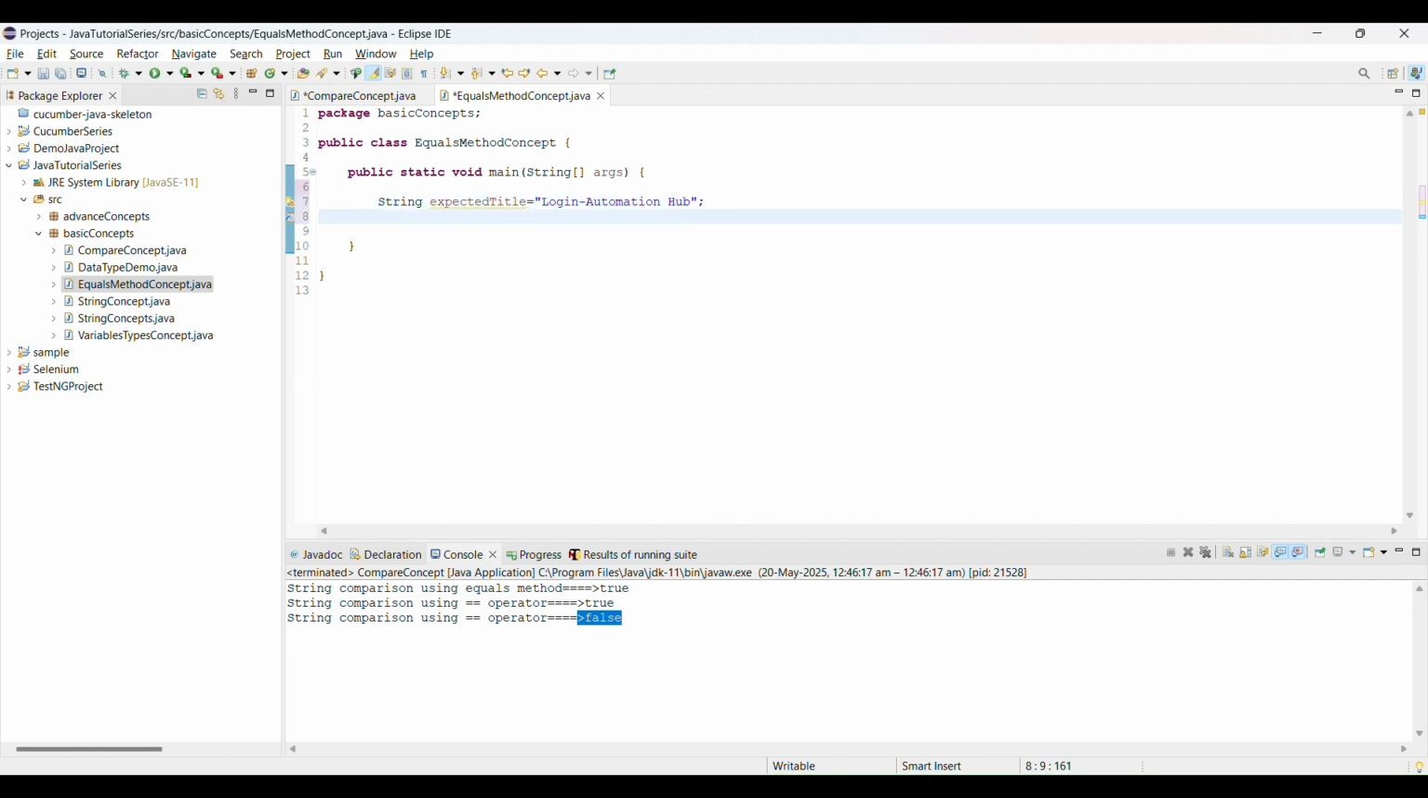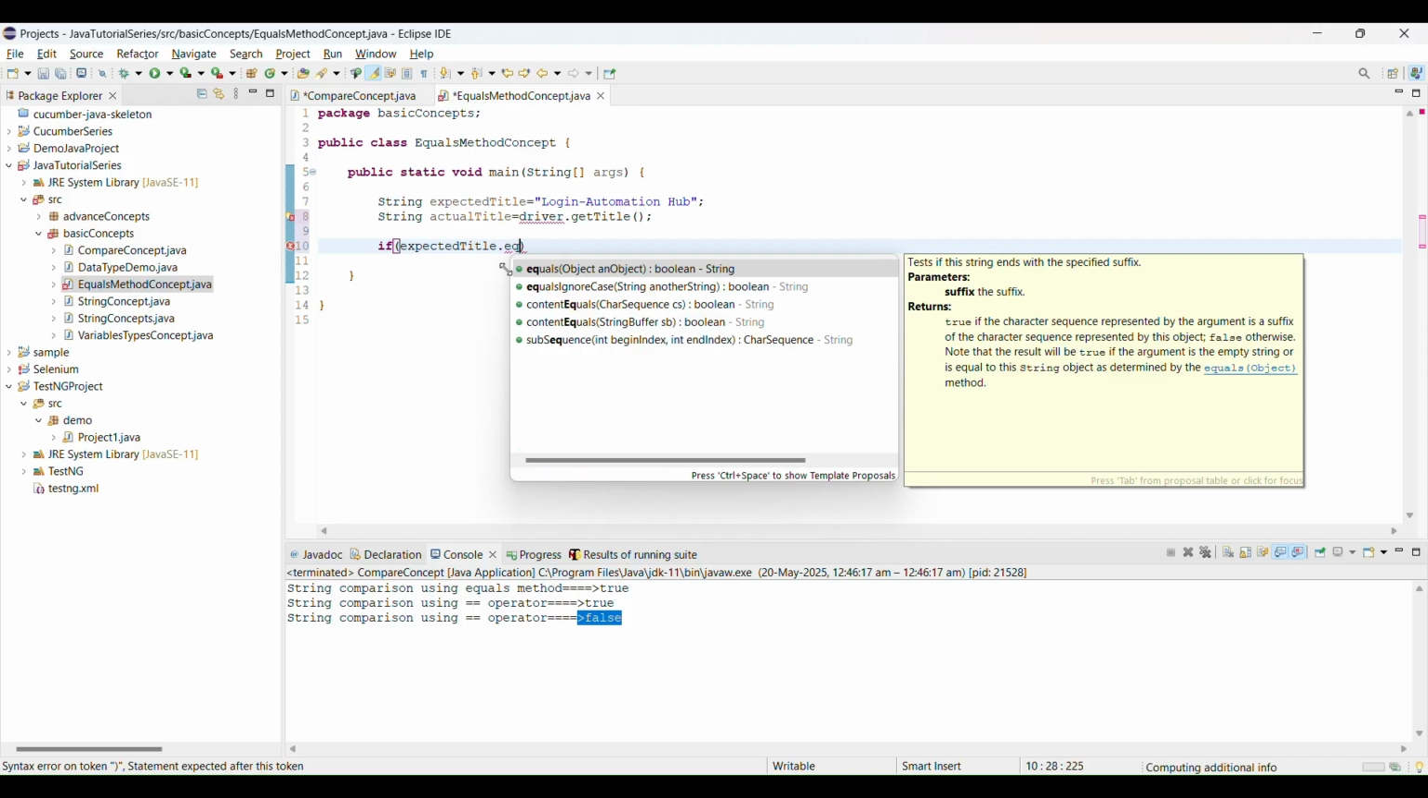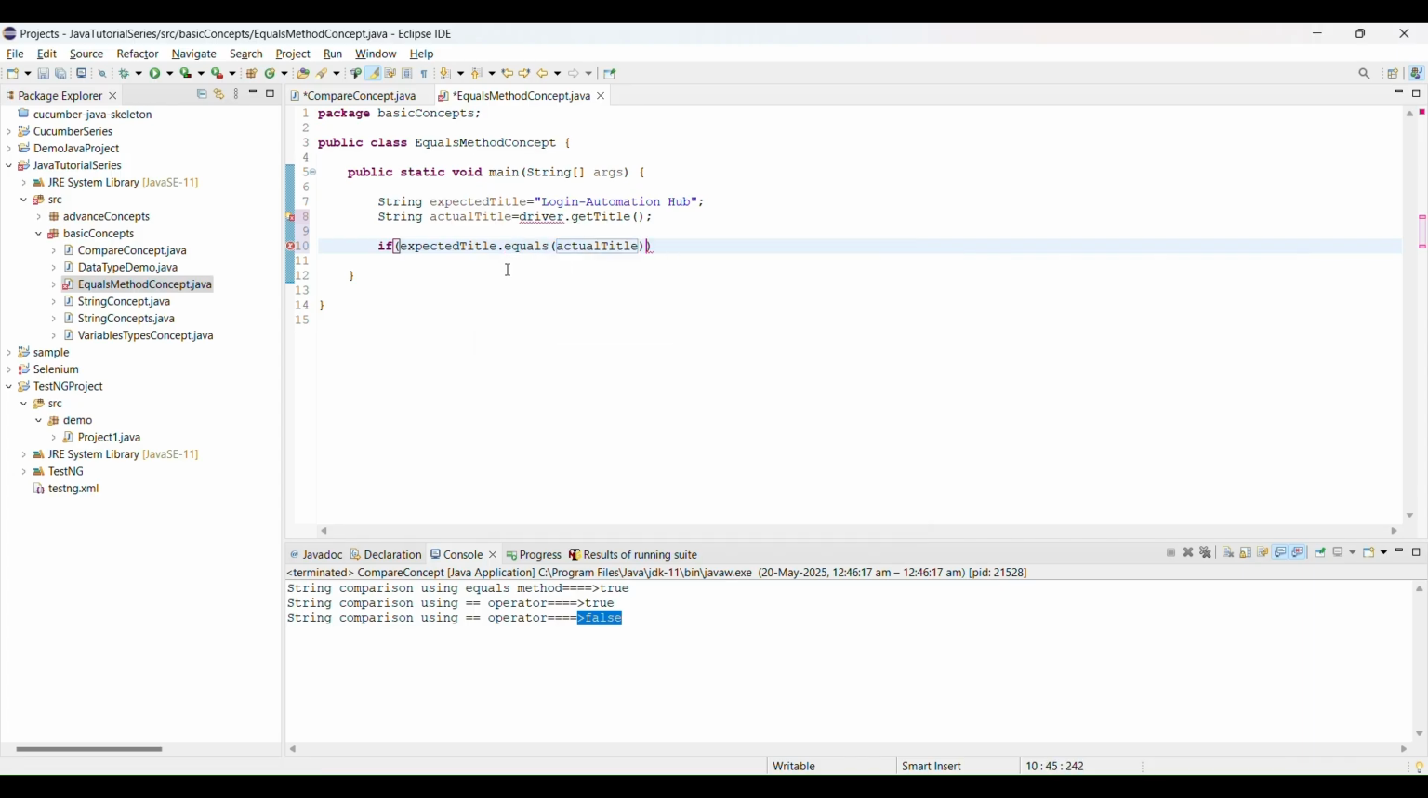Now I am going to get the string actual title. How do we get the actual title? Simple, you will use driver dot get title. You will use the getTitle method, and you will get the actual title of the page. So how are you going to apply it? Simple, an if condition: if expected title dot equals actual title,